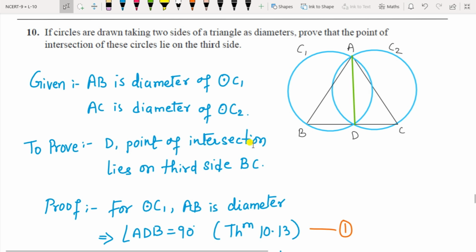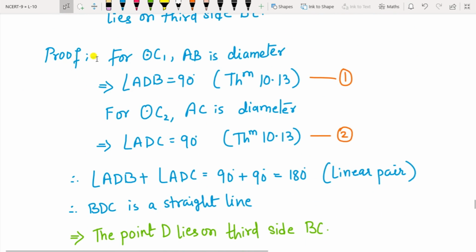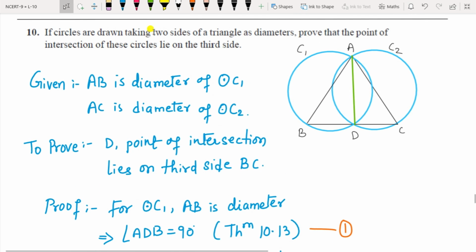D is a point of intersection, so they both meet at a point of intersection D, which lies on the third side BC. That is what you have to prove. So for circle C1, AB is diameter, and since AB is diameter here, therefore this angle will be equal to 90 degrees,